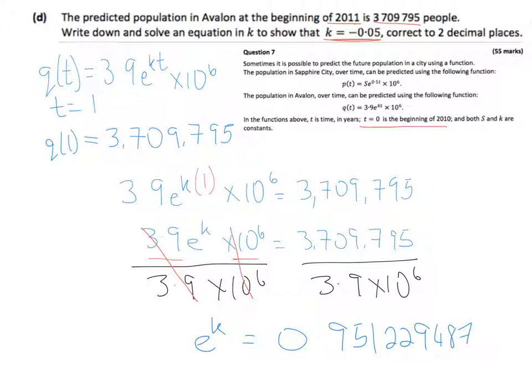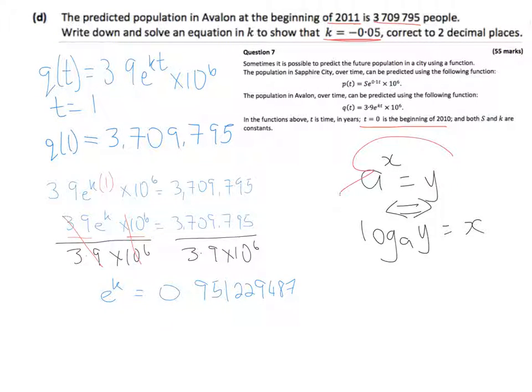Okay. Now, the next piece of information, or how do we solve for k? Well, we're going to have to use our logs. Okay, so here we have our rule for our logs. So it tells us that for a to the power of x equal to y, that log base a of y is equal to x, or vice versa. So here we can use our natural log because log to the base e is our natural log, and we have that on our calculator. So here I'm going to say, well, the natural log of e to the power of k is equal to the natural log of